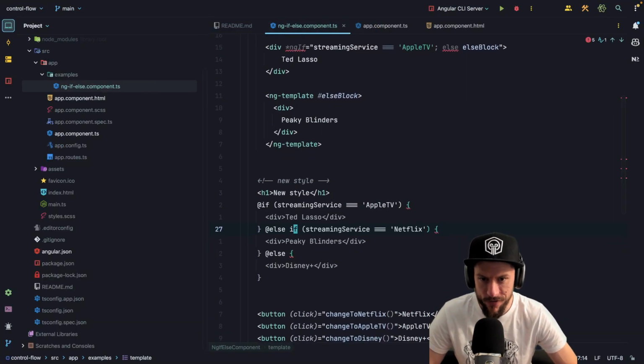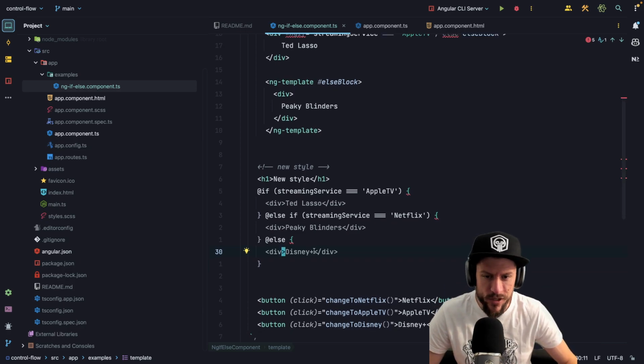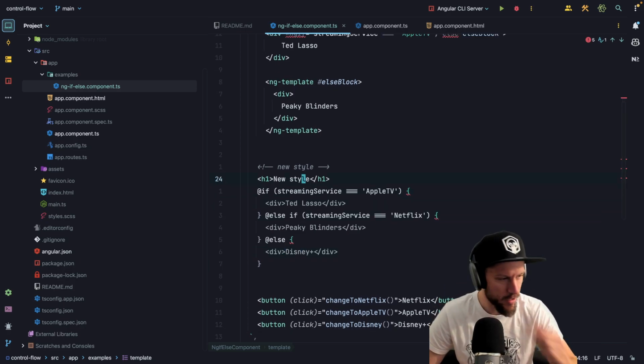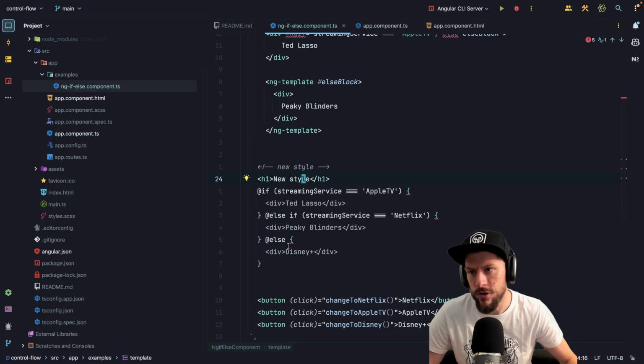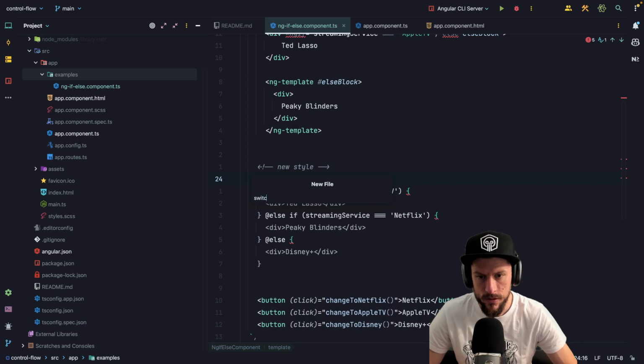So yeah, we have basically this new syntax, which is very nice. Streaming service. Yeah, but for these cases, probably we can use switch case. I rarely use the switch case, but we will make an example. Switch case minus